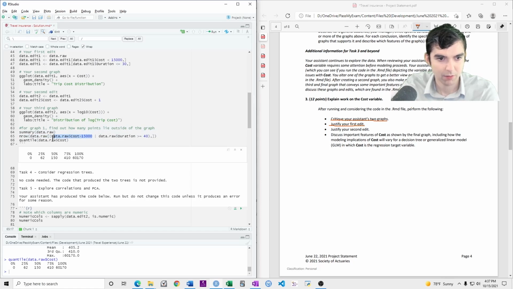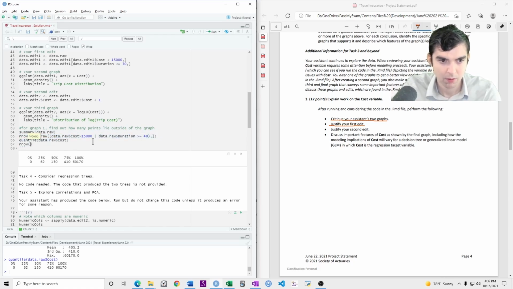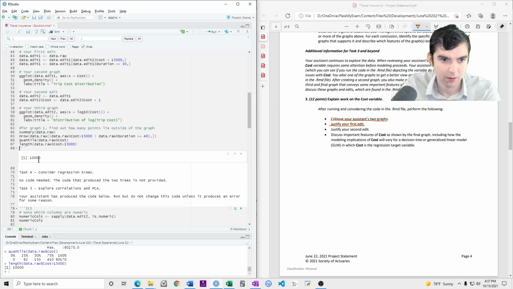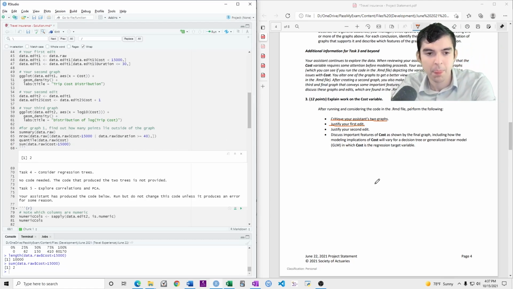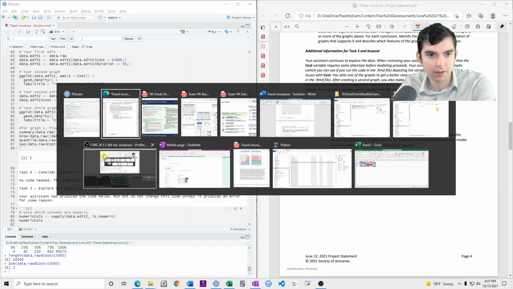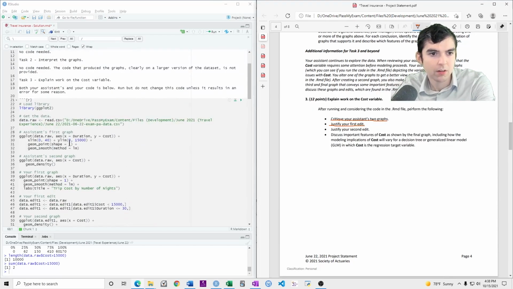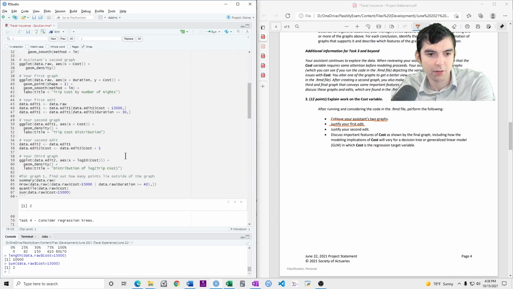If you want to know exactly what percentile that is, you just need to look at the number of points that are greater than it. If we look at data raw where data raw cost is greater than that, I'm sorry, the sum, the number of true values, there are only 2 values that are greater than 15. It says run but do not change this code unless it results in an error.